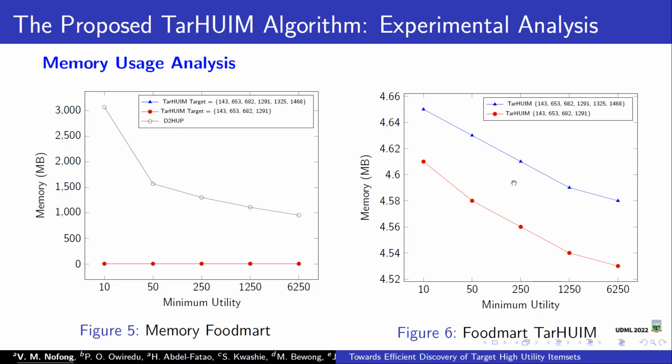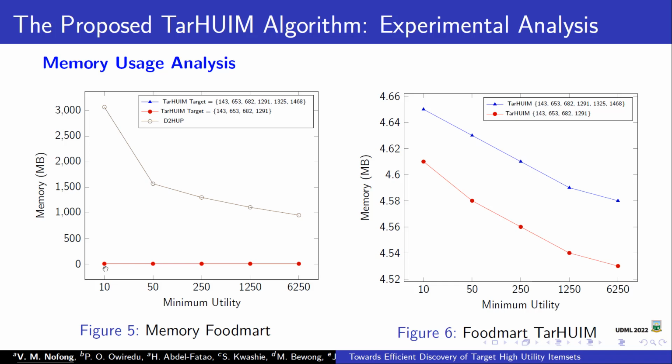So the last analysis was on the memory usage, and we can observe that for the food mart, figures 6 and 5 are the same, just that figure 6 excludes the memory usage of D2HUP. That is because the memory usage of our tool, based on the targets, is relatively very small, so we need to expand that for